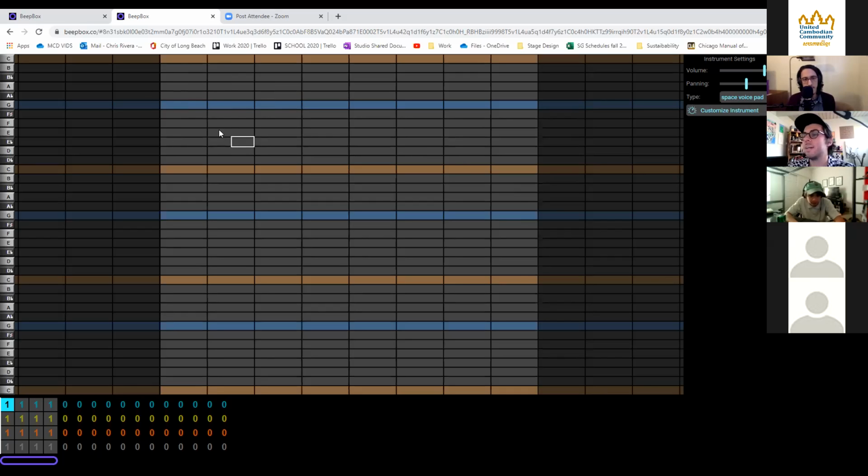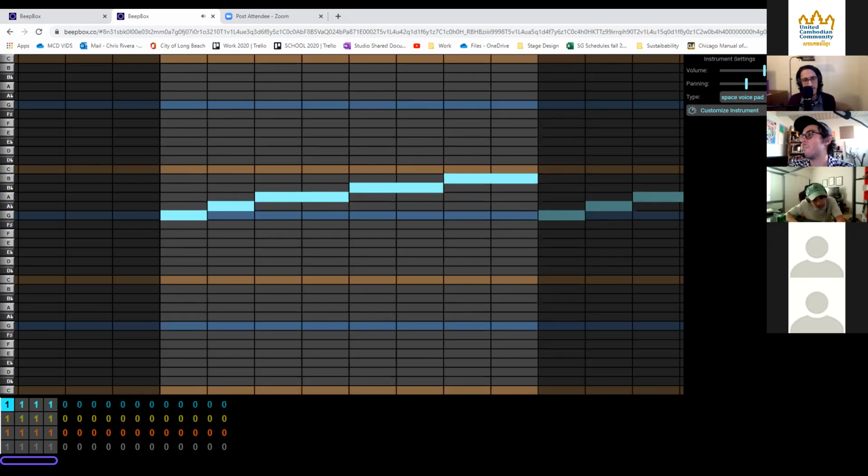So this section right here is called the piano roll, and you could see right here, I have my piano keys, and you could click on these spaces. You could click and drag to change the length of the notes. And then if I press play, Beatbox reads the notes from left to right, so we could check it out. Sounds kind of spooky. So yeah, this is your main workspace. This is where you place all of your notes.